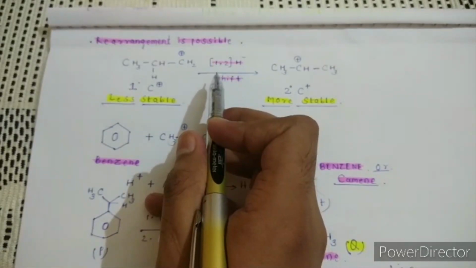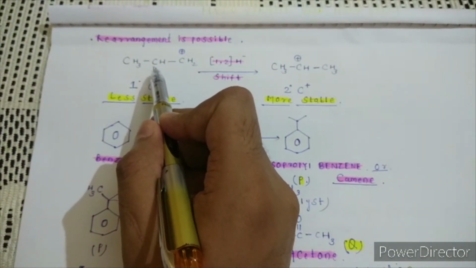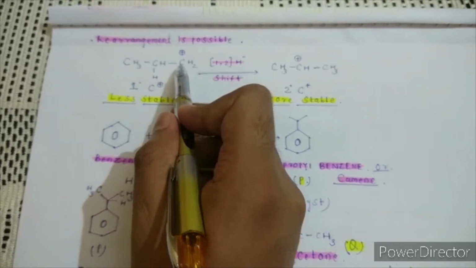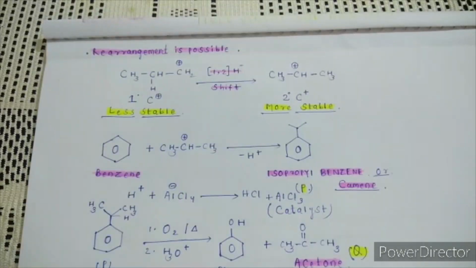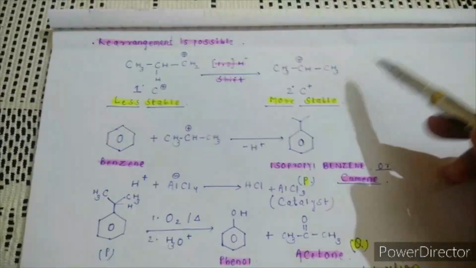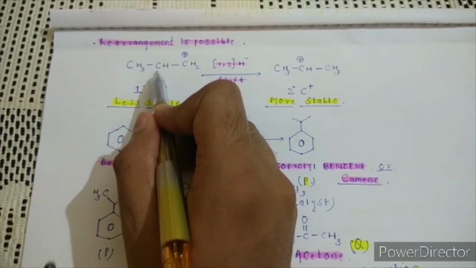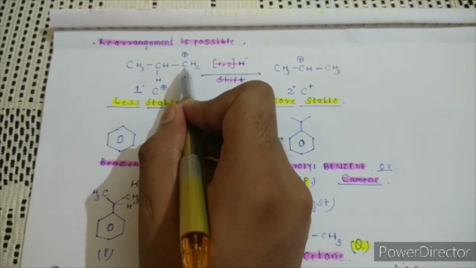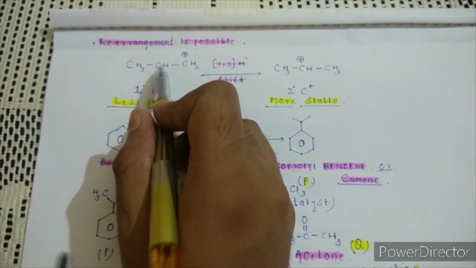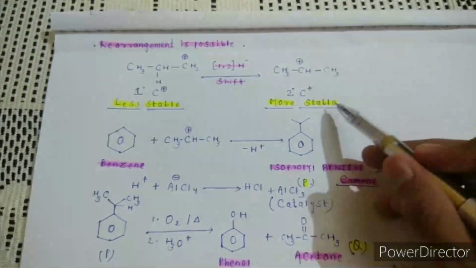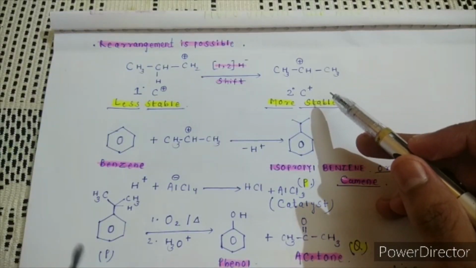1,2 hydride shift. Okay, 1,2 hydride shift means this is the hydrogen. When you will shift from 1,2, this is 1,2. So if such type of shift you will do, then what happened? You will get 2 degree carbocation. You look, when this hydrogen will take its bond pair of electron and will migrate to this position, then what happens? A positive charge will create over this carbon, and hence you will get 2 degree carbocation,